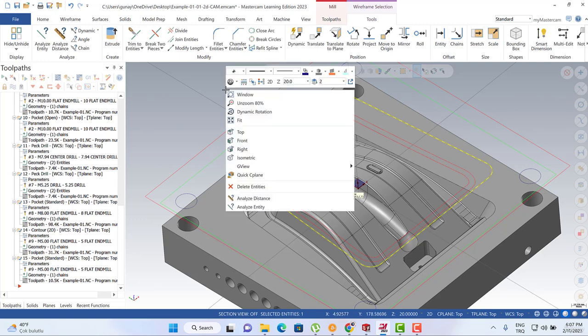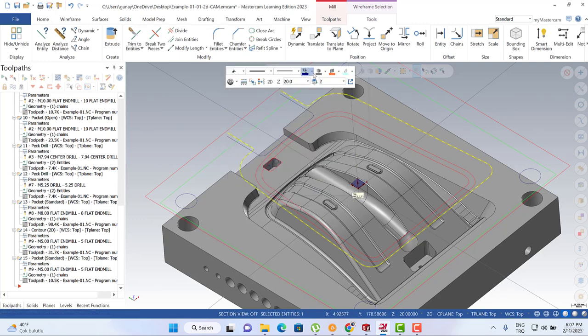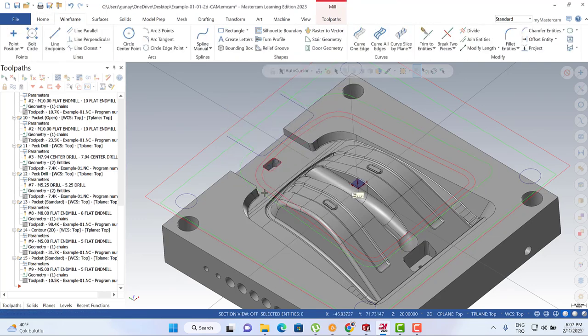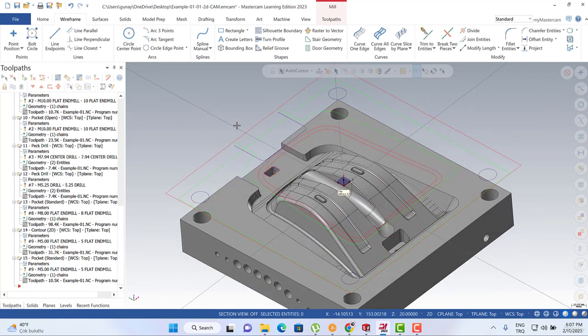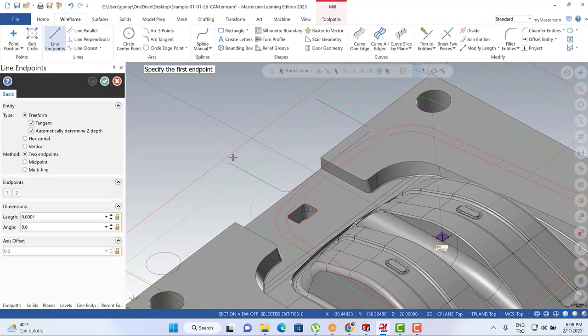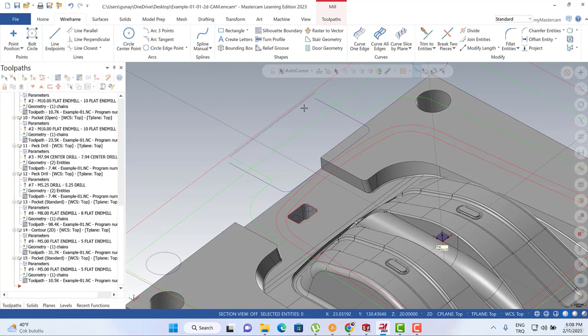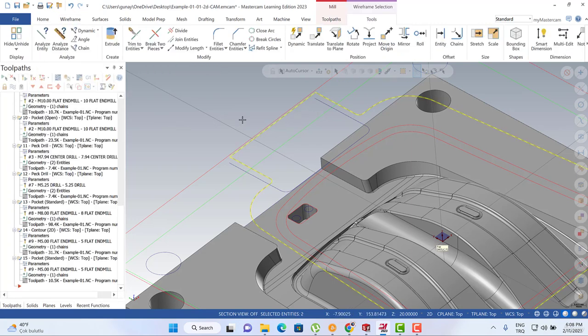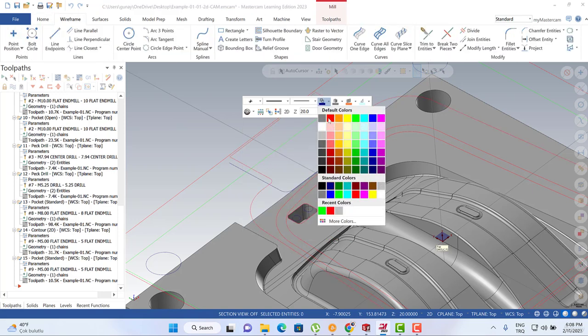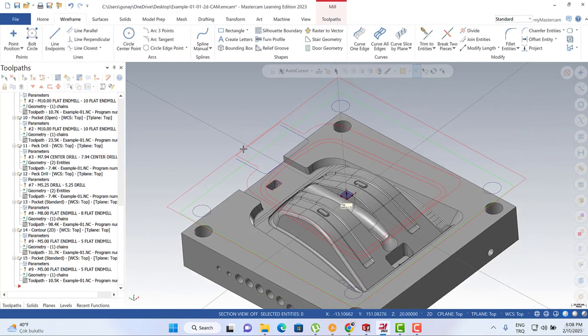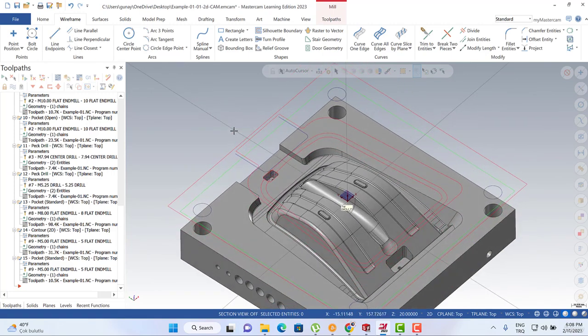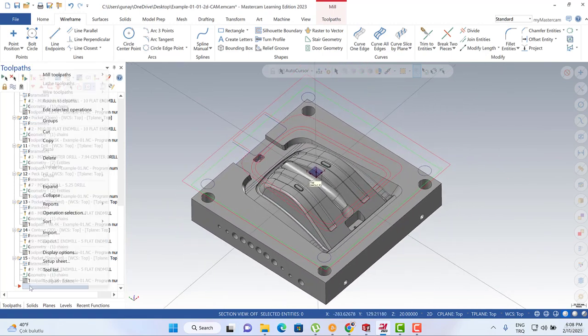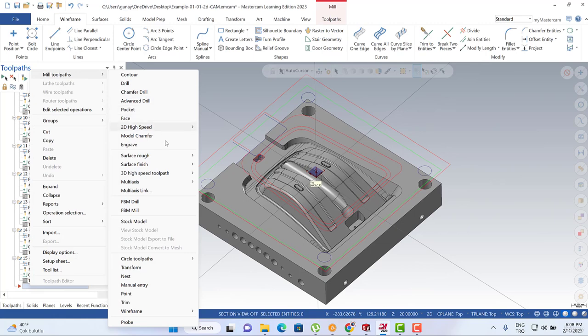We can also use the right mouse button to change my color. My color can be like this. And then we can also create a little line for here. So that's okay. After that, we just need to turn to here, Mill toolpath, and surface rough, and then